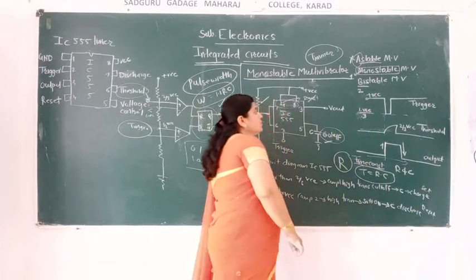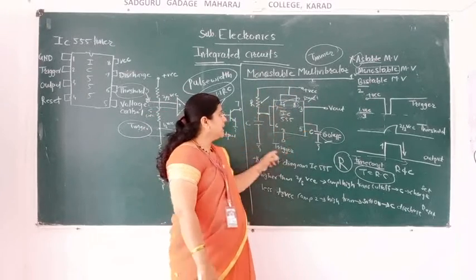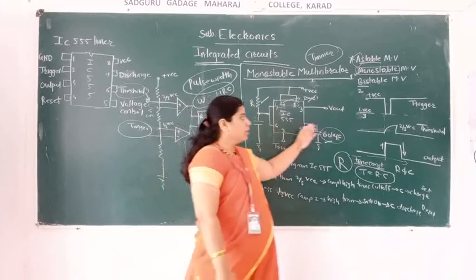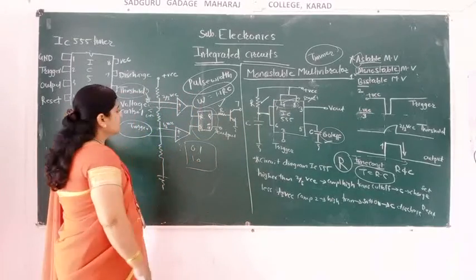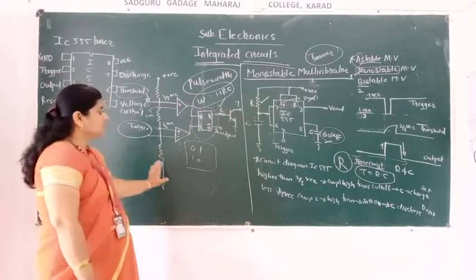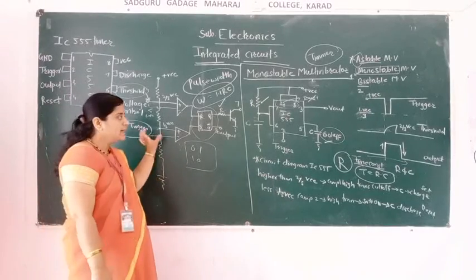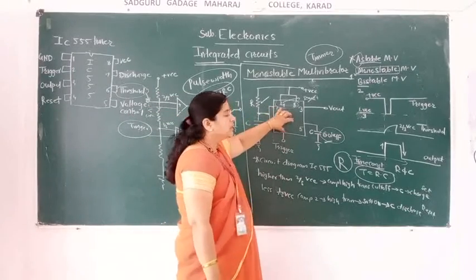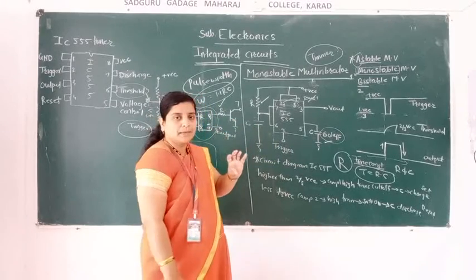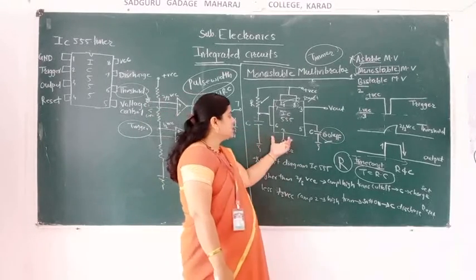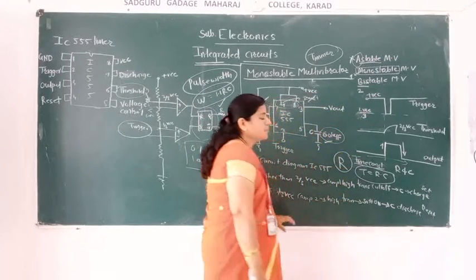Okay, so this is the monostable multivibrator. You have to draw the circuit diagram of the monostable multivibrator and draw the waveform diagrams. If it is asked to draw the pin diagram of IC 555, you can draw this pin diagram, and this is the circuit diagram of the IC 555 timer. That timer circuit is used in this IC. Therefore the explanation of the timer circuit and the monostable multivibrator is one and the same. You only have to draw this circuit and explain the waveforms.